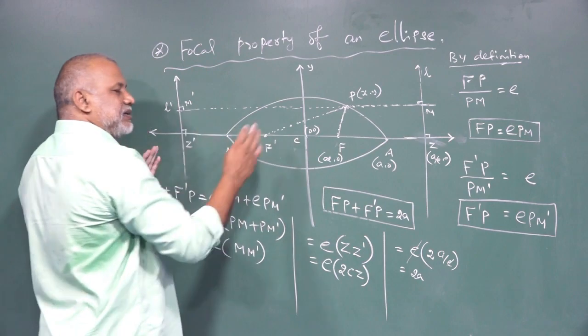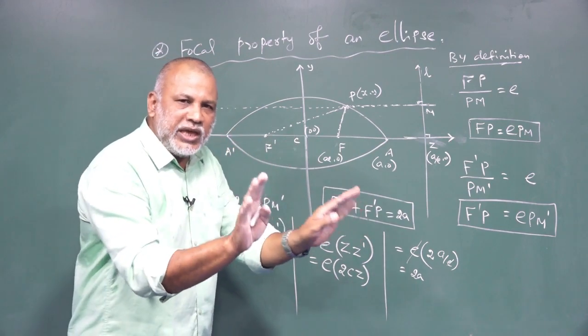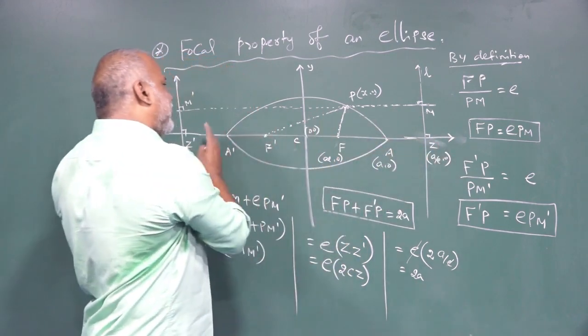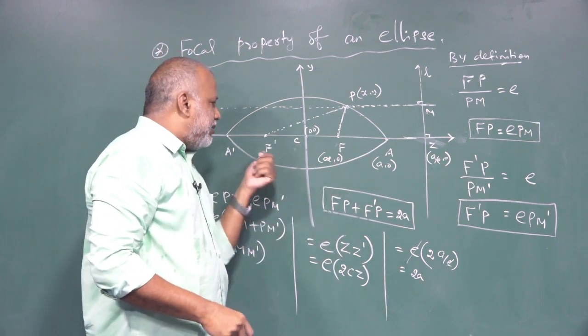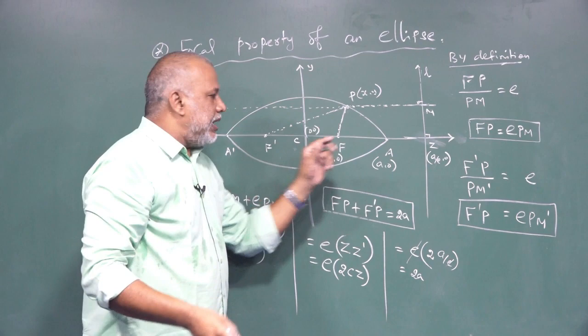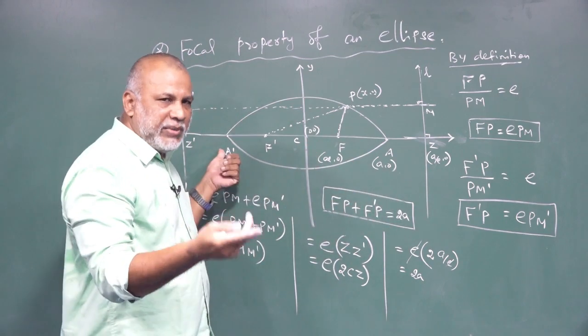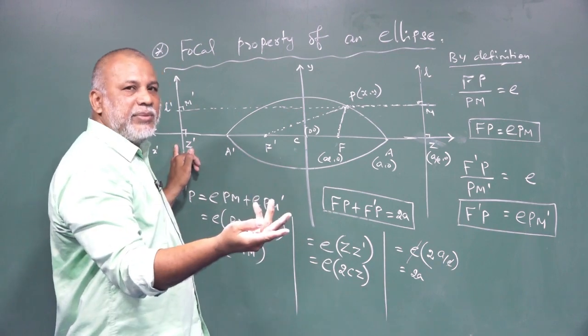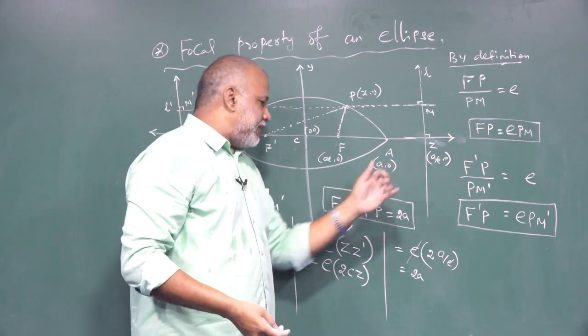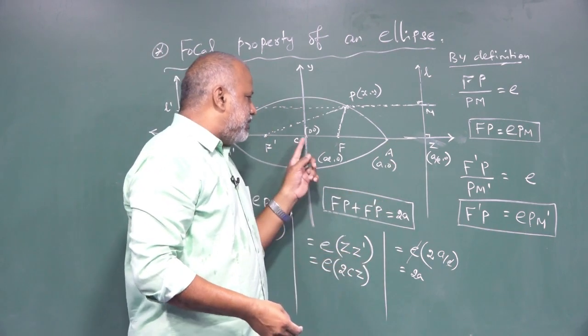They are equidistant. Because of symmetry, they must be equidistant. CZ also equal to CZ dash. That is the logic because of symmetry. See here, AE, 0, this must be minus AE, 0. Here A, 0, here must be minus A, 0. Here A by E, 0, here minus A by E, 0. So I can write 2 times CZ. What is the meaning of CZ?